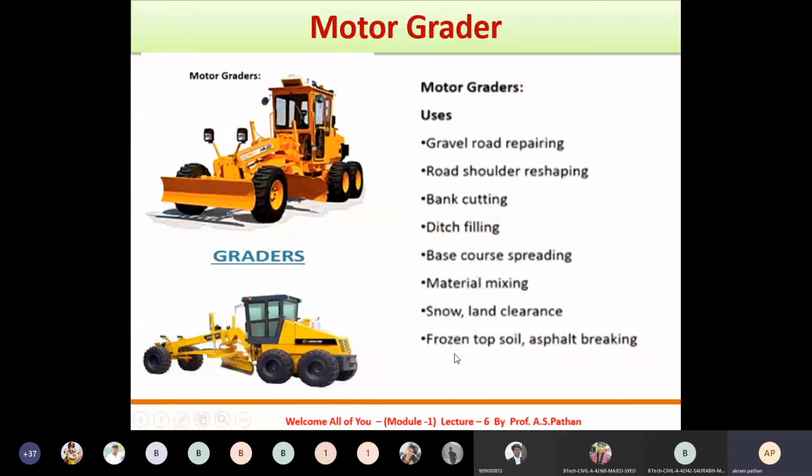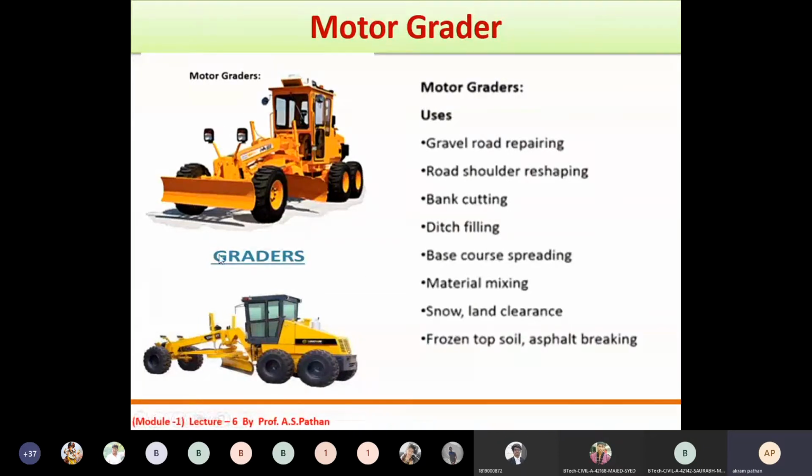Then frozen topsoil, if the frozen soil is there in the construction area, then with the help of this machine we can spread that frozen topsoil. Then asphalt breaking also. In case of a bitumen concrete road, we can use this particular motor grader to break the existing asphalt. So these are the areas where we can use this particular machine.